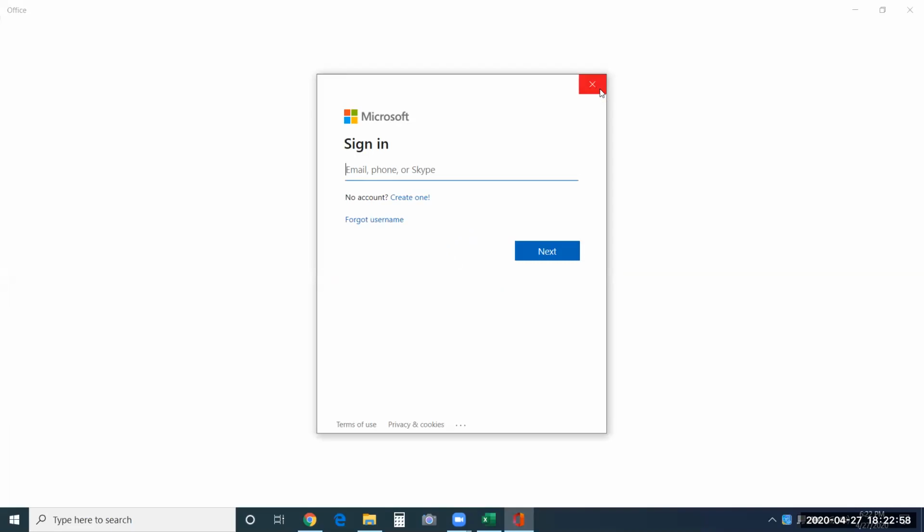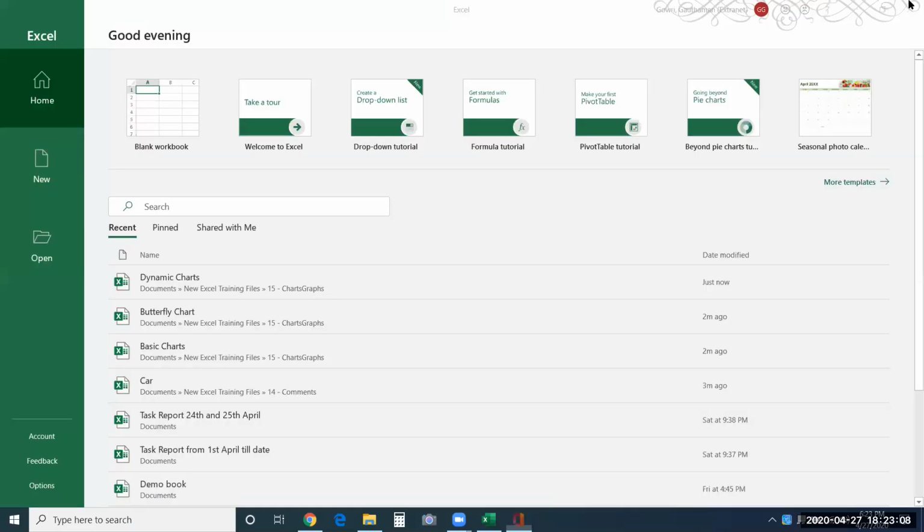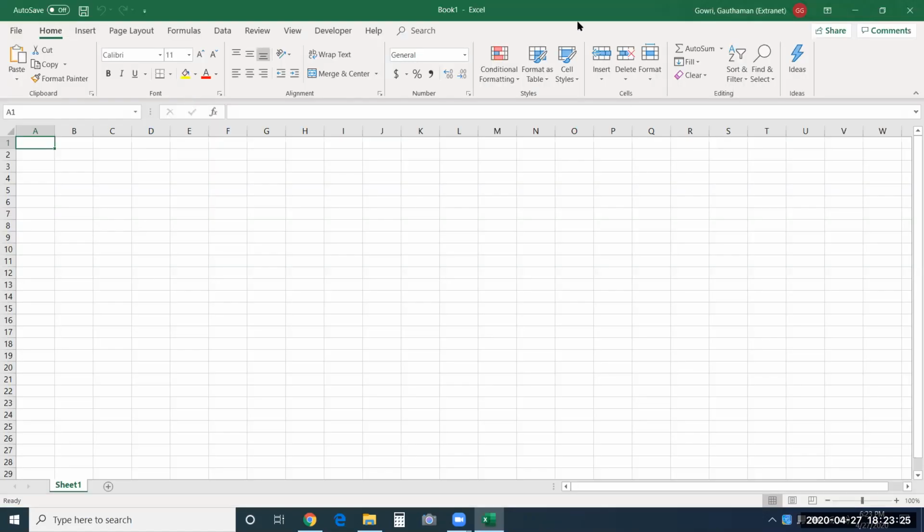The problem is, Nitin, you don't get to use all options there. You have an Office app. You can use Excel, Word, and PowerPoint free of cost, just like any other app. But the thing is, you don't get the full-fledged options that you get to use in the licensed version. See, now I have bought a license. I'm using Office 365 on my system. Okay. So this lets me use all options over here.